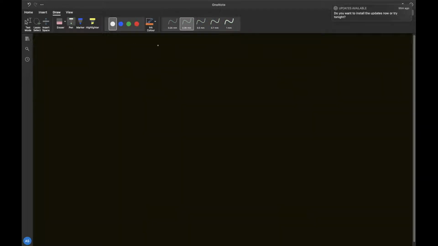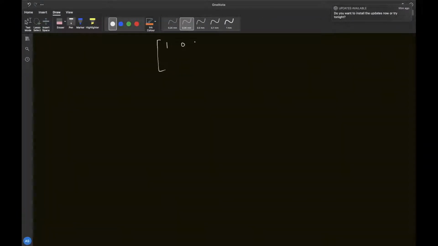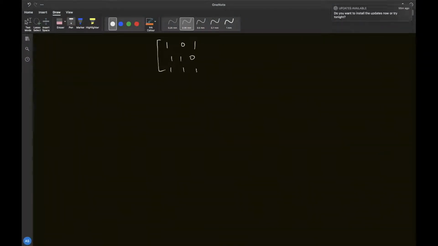So we had 1 0 1, 1 1 0 and then 1 1 0. This is our matrix. Now what we'll do at the first step, we'll calculate for each row how many matrices we can form if this is just the single row. So if that is a single row, this is 1, this will be 0, this will be 1, this will be 2 here. So this number indicates that if I take this cell as a starting point, then how many